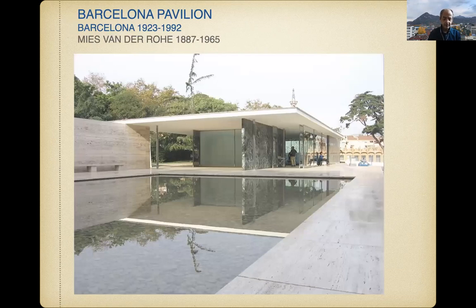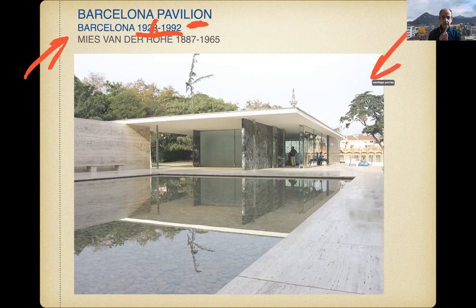Let's go back in time. We are speaking of 1923, when the Barcelona Pavilion was done. Probably it was 1926. I always confuse the date. And the reconstruction in 1992. So the photos are of the reconstruction, of course. Why do I show this photo? Because the Barcelona Pavilion is always a kind of masterpiece.